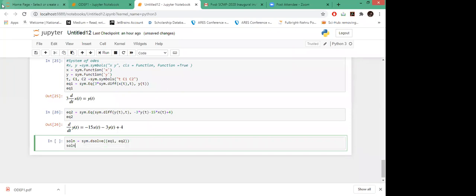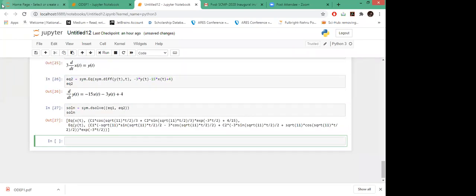Okay, so if we solve, now the solution is in the array form and it is written in this equation form. If we want to have the output in this form, let's see what it is, because it's not easily visible. Let's just copy the first solution.